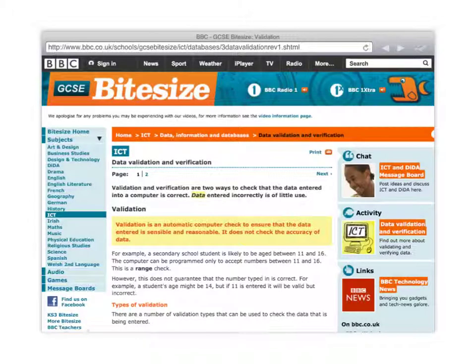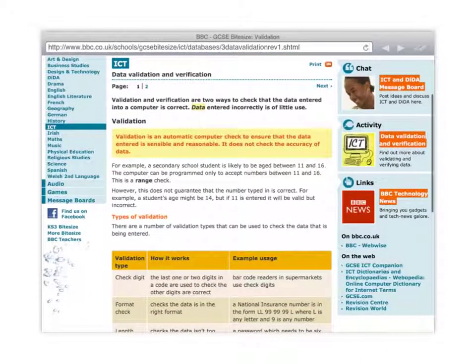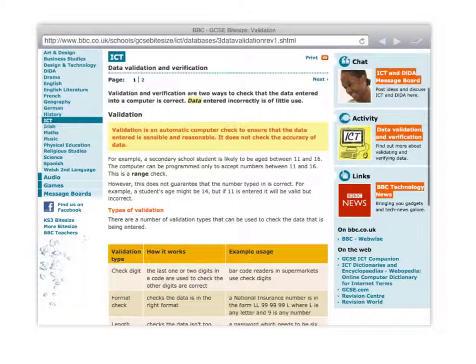Let's have a look at what the BBC Bitesize website has got to say about validation. This is accessible at this link up here. Now, validation is basically a check which a computer can do to make sure that the data entered is sensible and reasonable, but it doesn't check that it's correct. It just checks that it's the right thing. For example, in this case,